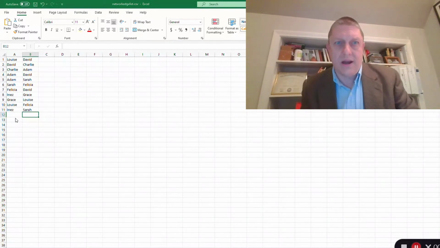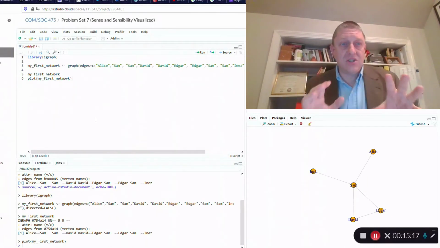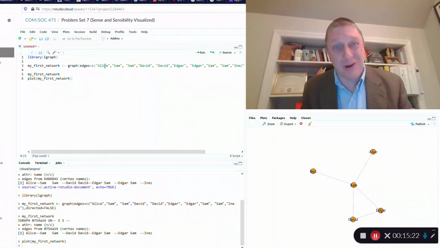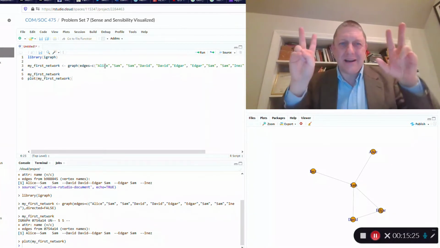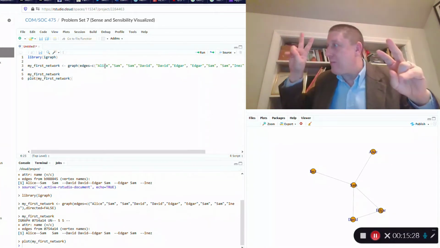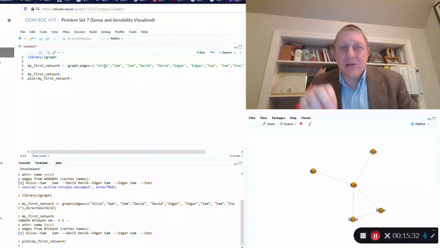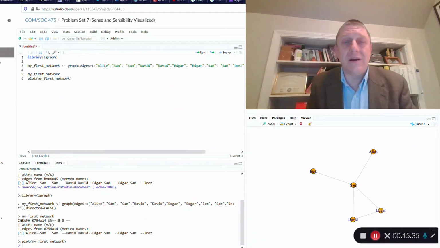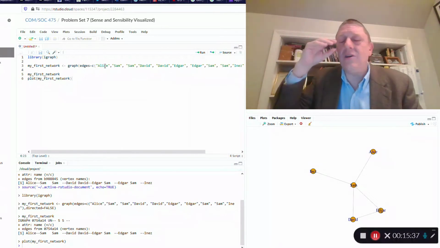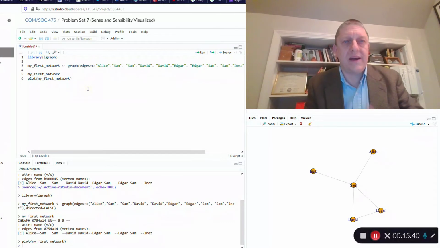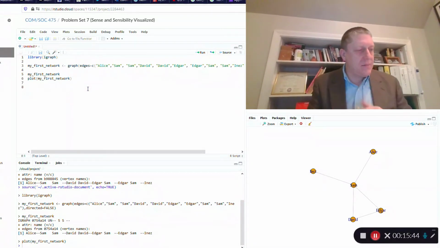What you don't want to have to do is go into RStudio Cloud and have to type them all out again, especially in a laborious kind of effort where you have to remember to put the quotes in exactly the right place and the commas in exactly the right place to make the whole thing work. It would be a visual mess and it would be so error prone. So let's think about another way to enter network data into igraph, and that is by